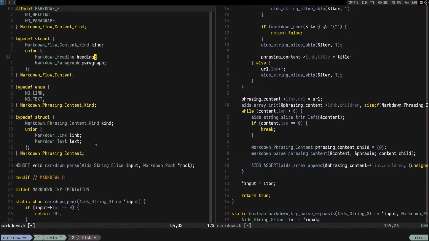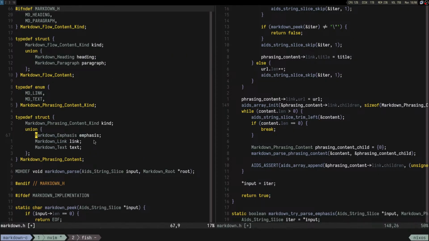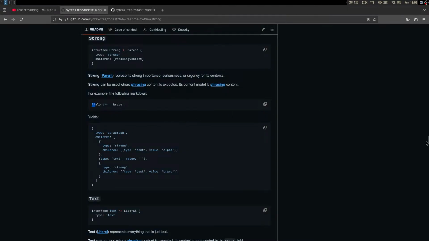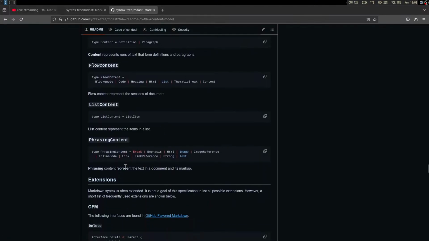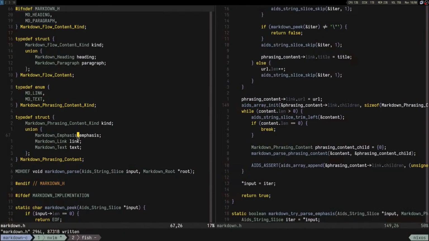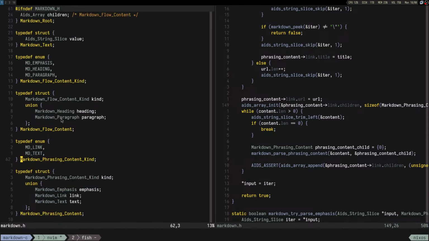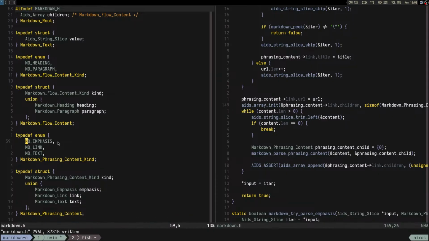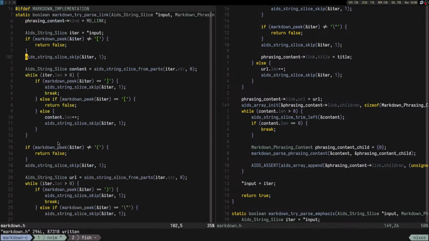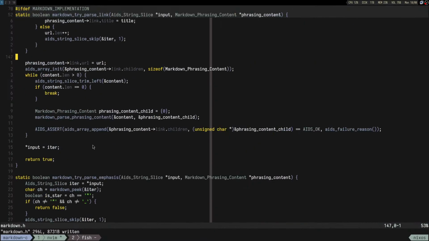Oh, I added it to the wrong one. Okay, so it should be here, I guess, right? So if we take a look here, emphasis should be part of the phrasing content. Yeah, it is. Okay, so it should be in this enum actually. Weird. I don't know why I added it there, but yeah. Okay, anyway,